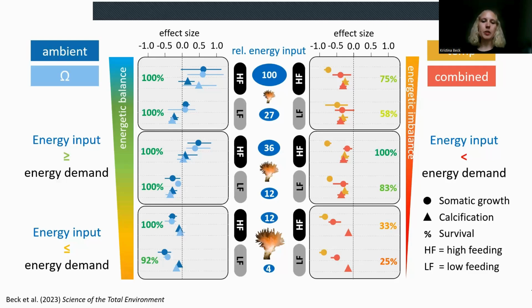So yeah, just wanted to highlight with this experiment how important I think it is to take into account the effect on different life stages, not only focus on adult organisms, but there can be a clear difference between life stages, and that's of course important to take into account when we want to study the effect of climate change on like a whole population. We need to take into account like recruitment and reproduction and so on as well.